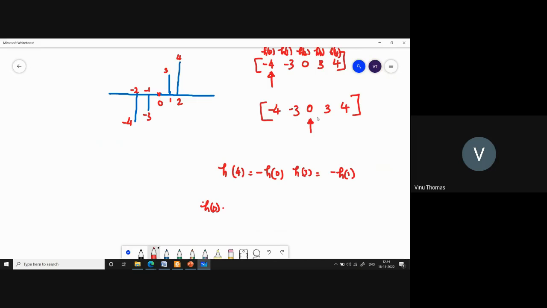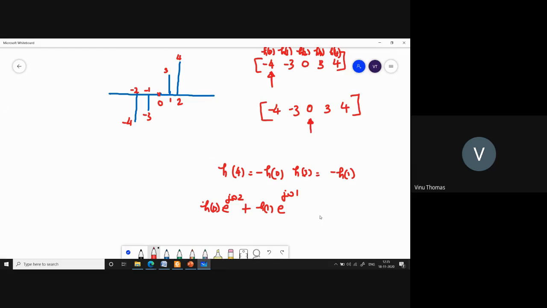Now, for this sequence, which has been made anti-symmetric with respect to the origin, the frequency response should be something like this. h of 0, this is the original h of 0. h of 0 is now at this position. So h of 0 into, now it is located at minus 2, right? So h of 0 into e raised to j omega 2 plus h of 1. The original h of 1 is here. Now it is located here. So h of 1 into e raised to j omega 1.